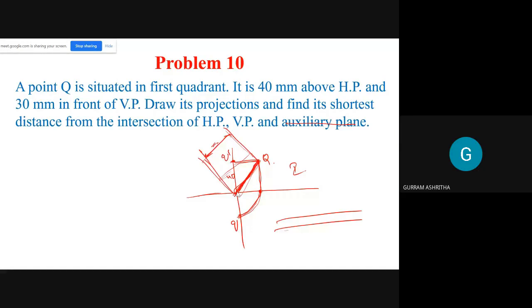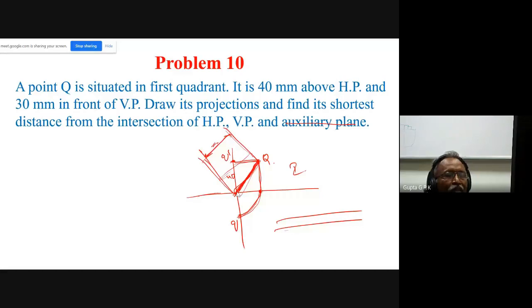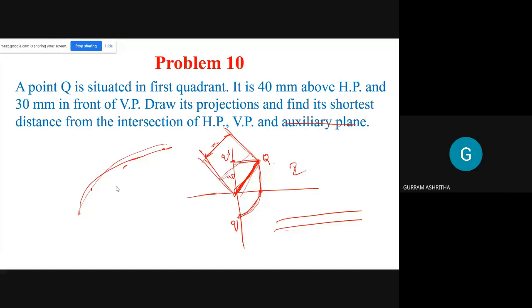Sir, in the first assignment, you gave one ellipse problem, no, sir? Points, can we join with hand? Yeah, do freehand, compass only. See, the problems with 4 arcs, isn't it? The last problem you can join with compass. But if you have individual points, how can you join with the compass? Either you should do it with freehand or you have to use French curves. If I have some odd points like this, they are not in a particular radius, so you have to draw a freehand curve only. Am I clear? Yes, sir.